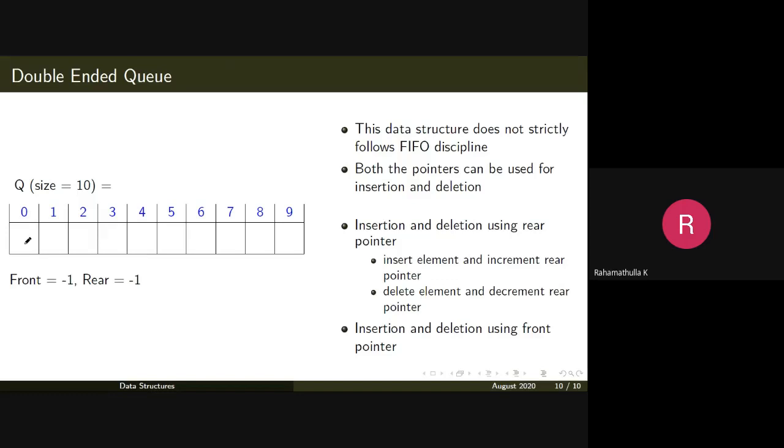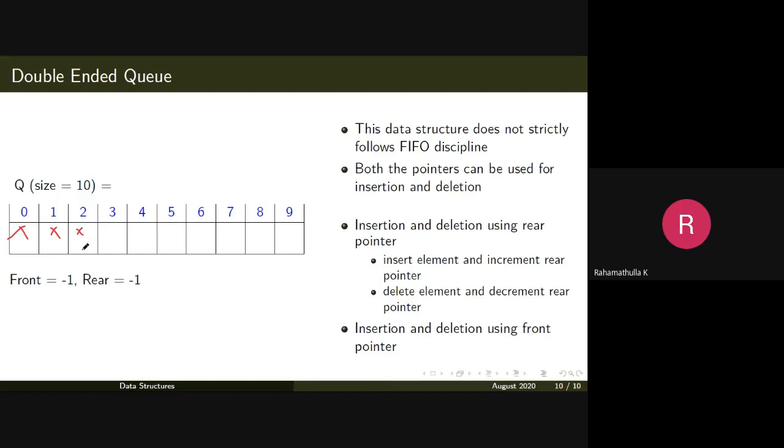At that point of time, you try deletion, then you will get an error message saying that your queue is empty. But you try an insert operation, for example, both are in -1, you try insert x, then x will get inserted. Once you insert, your pointers will get updated. Here you should say in which end you are going to insert. If you have inserted at rear end, then your rear pointer only will get updated. You insert one more element, rear pointer again will get updated. You insert one more element, rear pointer will get updated.